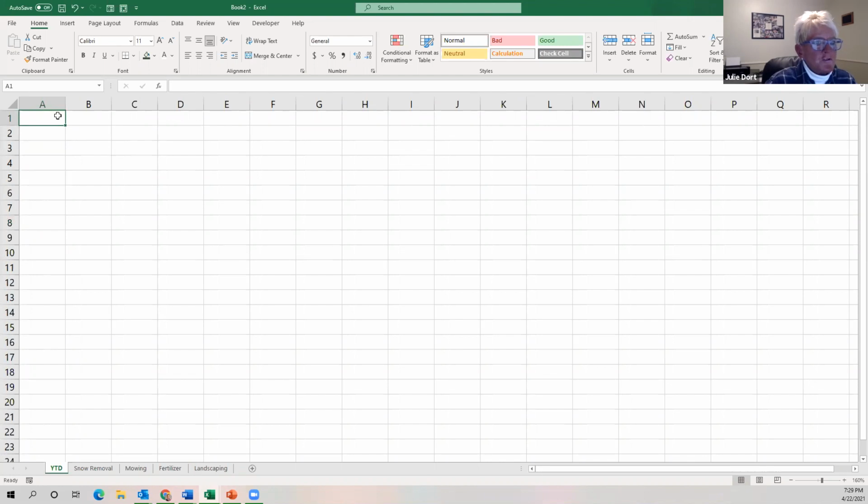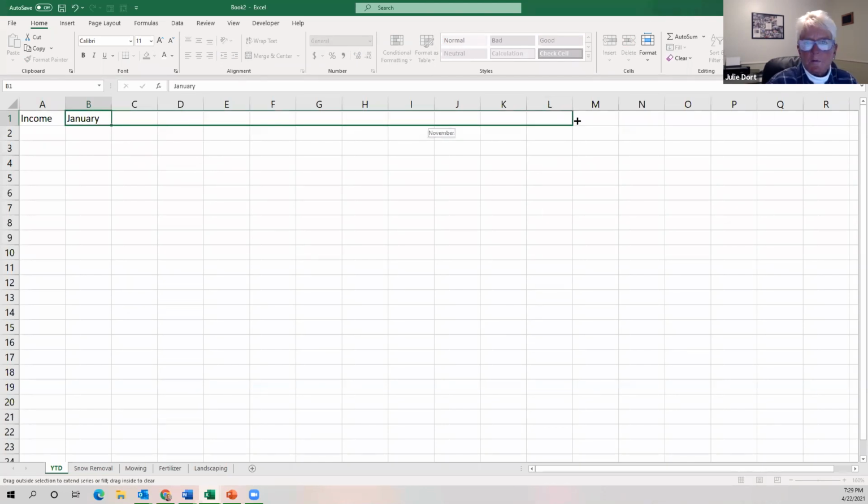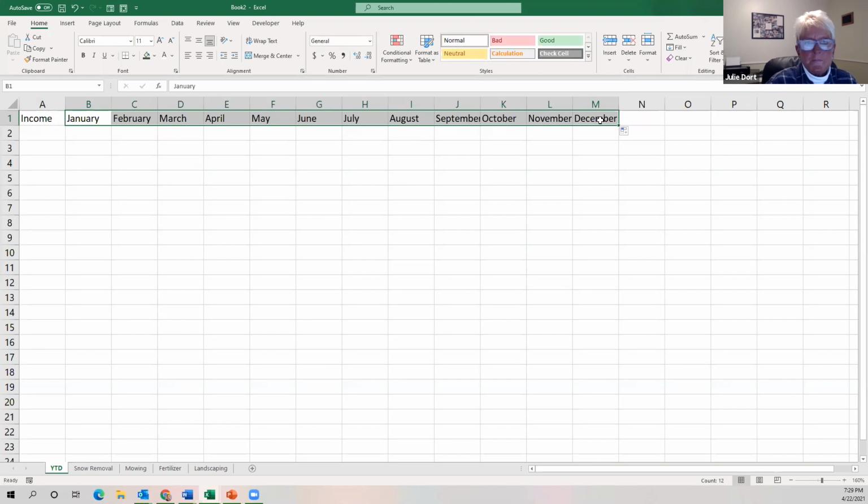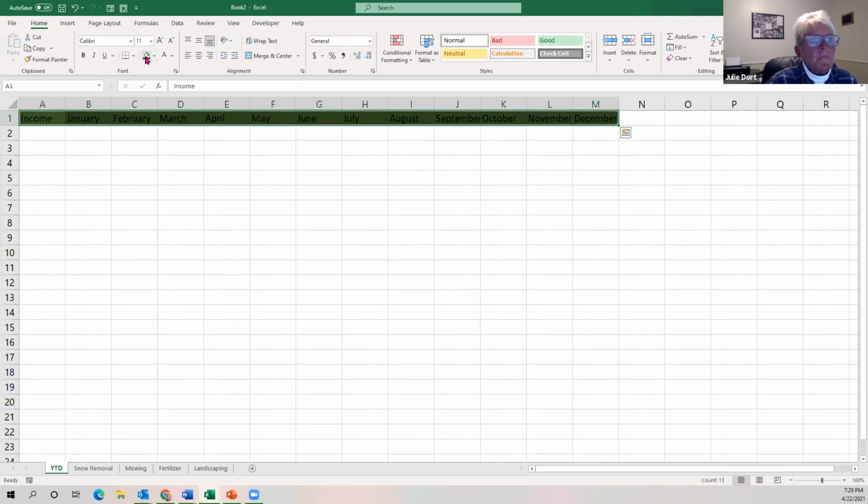Okay, so the first thing that we want to do is just to put in income. And then I'm going to once again put in the months of the year. So I'm going to grab my fill handle and pull over to December. Again, we need to do some formatting here. So I'm going to keep with my same pattern. I'm going to fill the background in with a dark green. I'm going to select white text, and we need to